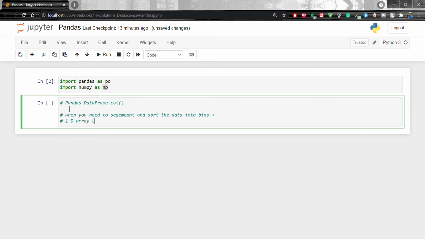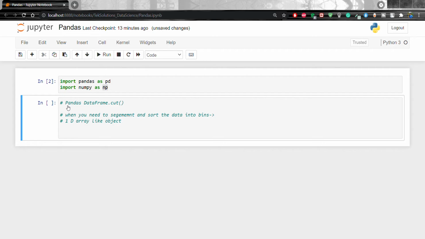If we have a large set of scalar data and need to perform some statistical analysis on it, we can use the cut method.